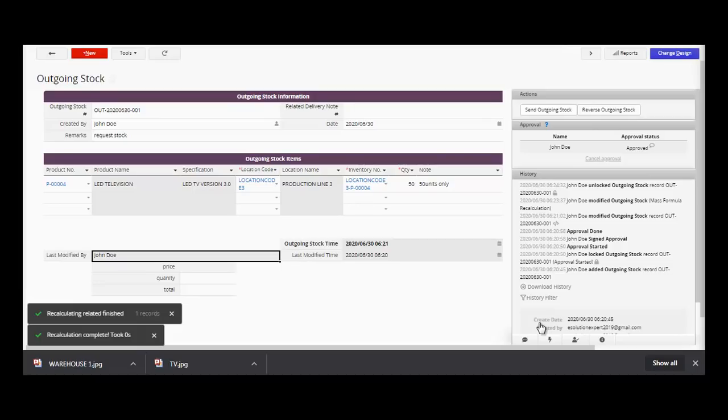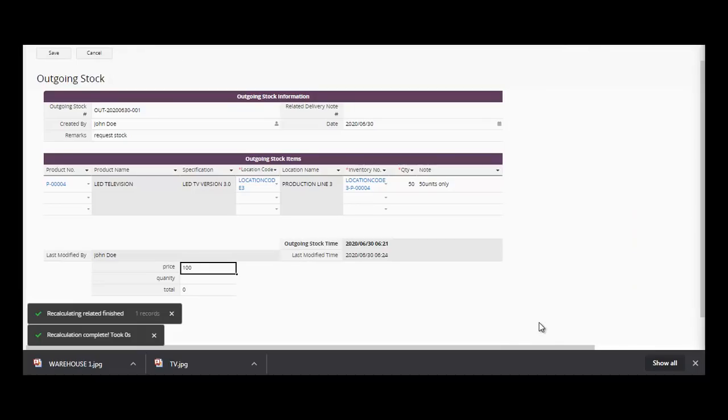Okay. So the price is 100, quantity is 5,000. Okay, good. It already computed the total value. So let's say the next price is 100, it becomes 10,000. So that's it. It's very easy to make some changes and customize the system if you want to create our